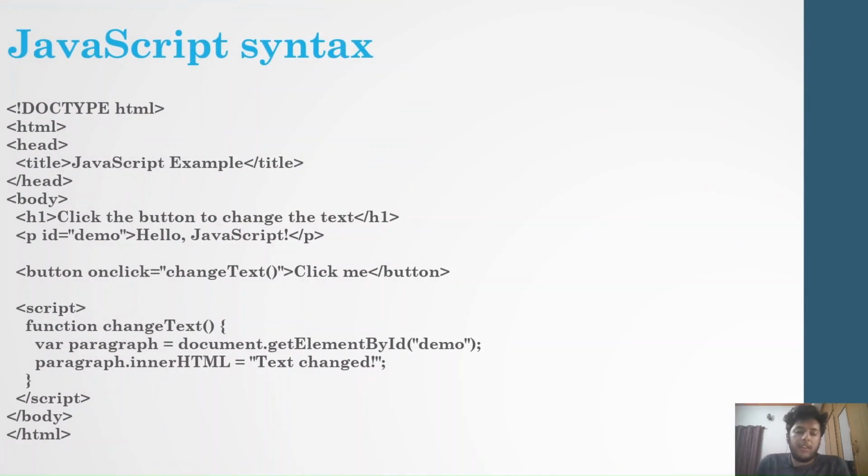So coming to our basic code to represent our JavaScript. In this you can see we have declared a paragraph tag that has an ID called demo, that is our parameter, and it writes hello JavaScript, and we have created a button using our button tag, and on click this has to change the text, that is declared over here, to text changed. So once we click the button, the hello JavaScript has to change to text changed,